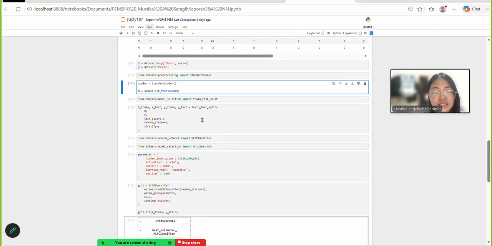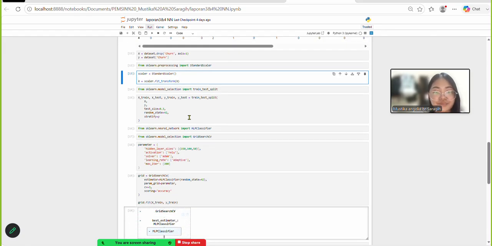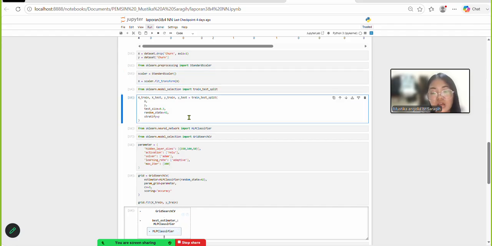Next is split the dataset. The dataset is divided into 70% training data and 30% testing data while preserving the class distribution.